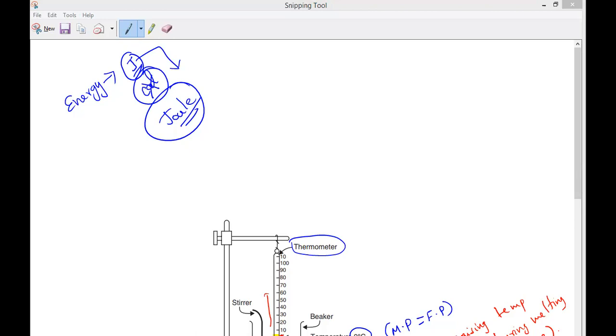Understand? The latent heat of fusion of a solid is the quantity of heat, in which units, guys, in joules,